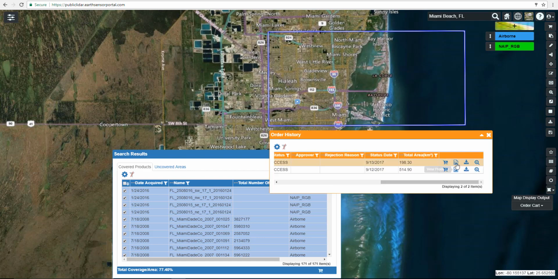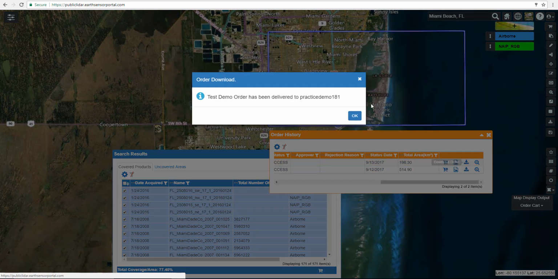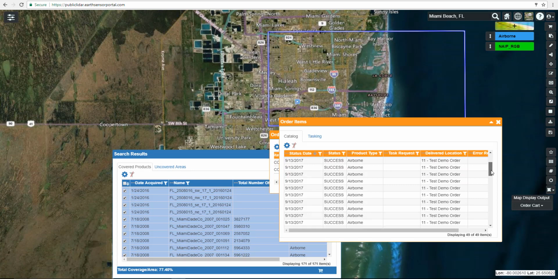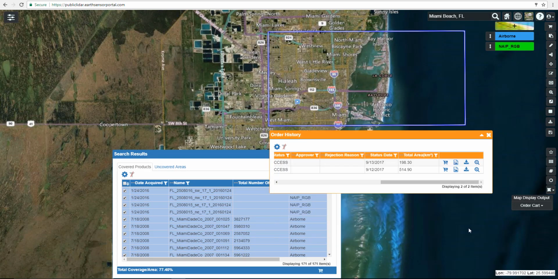And when we select the download button, we can see the name of our bucket. The system reminds us that the files have been delivered to our AWS bucket. I can also click the View Products button and see all the individual order items that are part of the order. So now we can go to